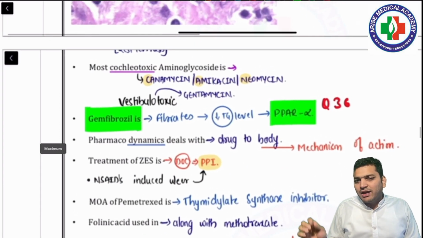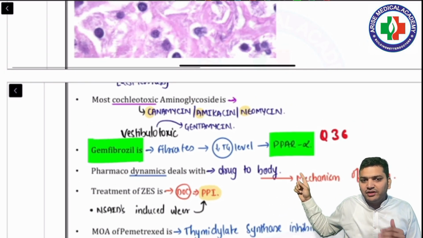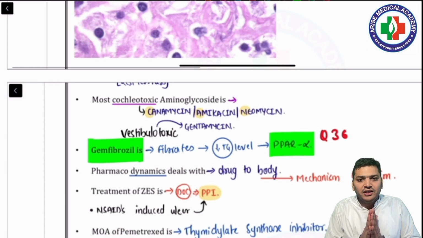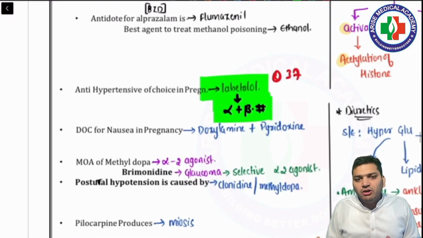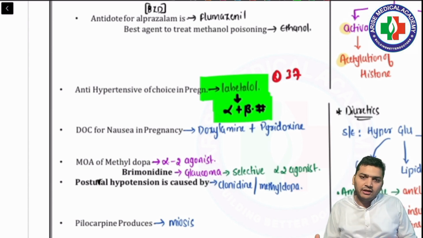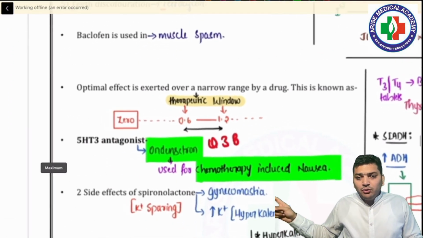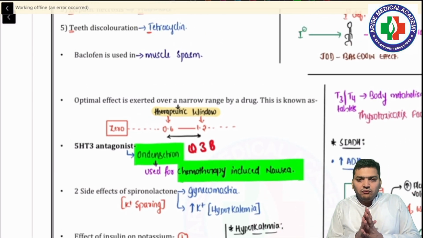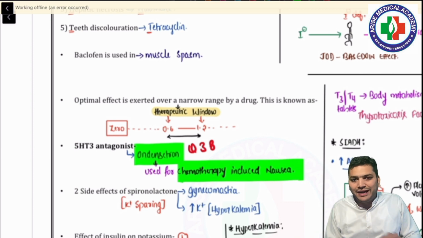Now there was a question that they mentioned, there is a drug which is working on the PPAR, right? The drug that is working on PPAR is the fibrates, and they asked from pharmacology which of the following works on the PPAR. The drug that works is gemfibrozil, which was in the option. Now there was a question on labetalol, what is the mechanism? This is an alpha blocker, beta blocker, it's alpha plus beta blocker. Then the chemotherapy induced nausea. They mentioned the question that which of the following drugs can be used for chemotherapy induced nausea, right? And they have given multiple drug combinations, and in one of the combinations there was the drug setron, that is ondansetron.